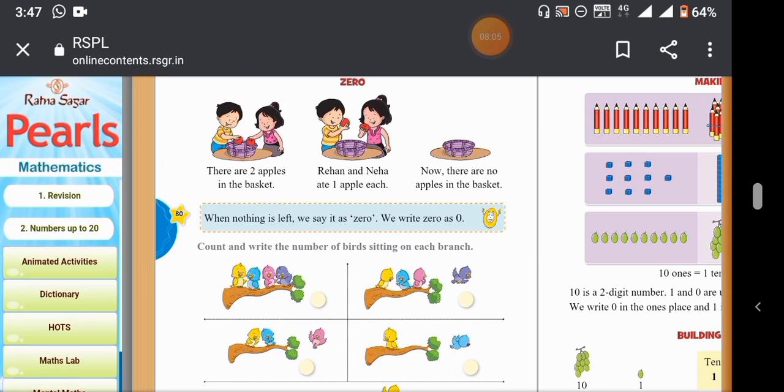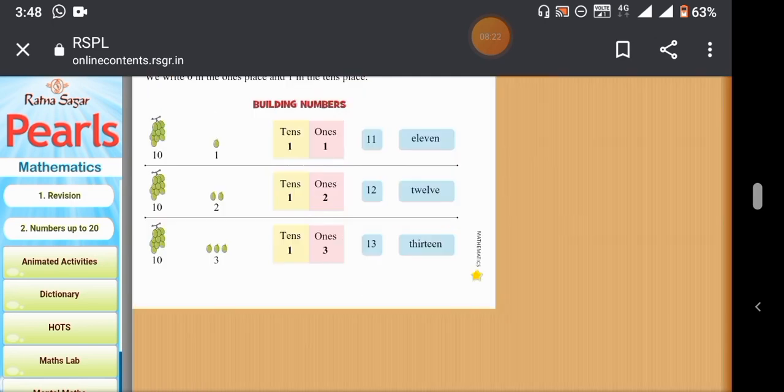So when nothing is left, we say it as 0. We write 0 as, see the screen, children. So you should write 0 like that. Okay. Then next,